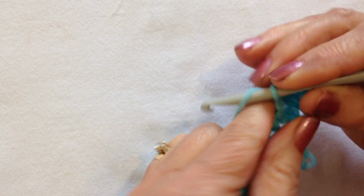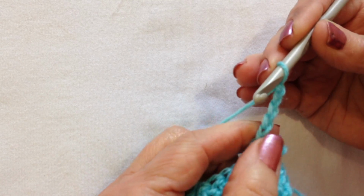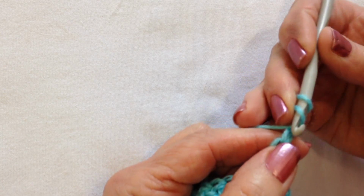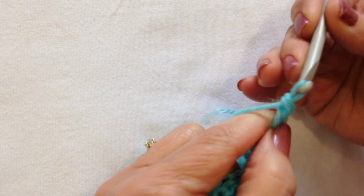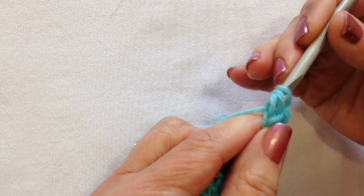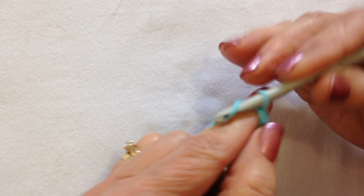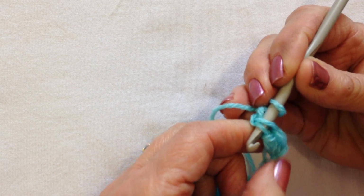Chain 5, 1, 2, 3, 4, 5, double crochet in the third stitch from the hook. 1, 2, 3. Make one more double crochet. Chain 3, 1, 2, 3. Slip stitch in the top of the last double crochet,